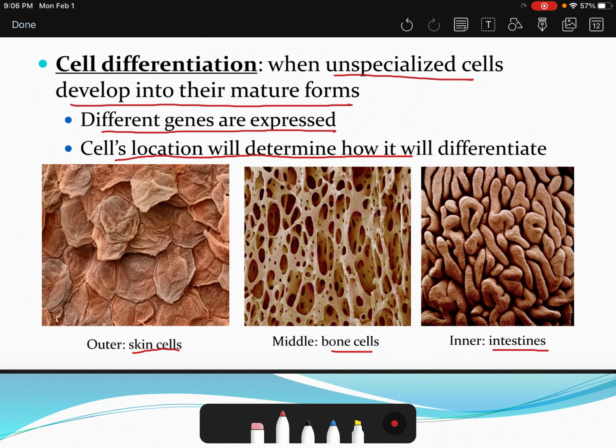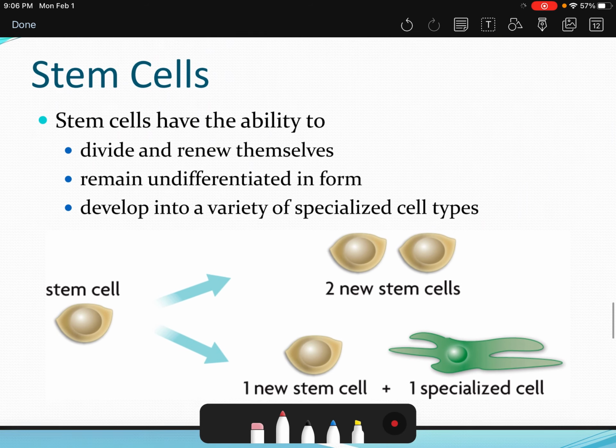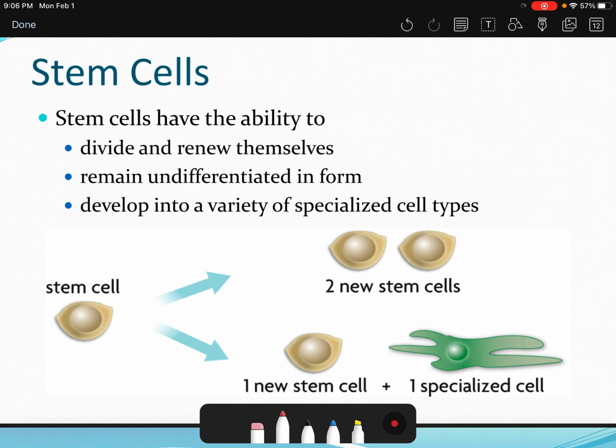So a cell's location will determine how it will differentiate into a more specialized, mature form. And that process is cell differentiation. Well, how does this happen? Well, we have stem cells, and stem cells have the ability to divide and renew themselves. They can remain undifferentiated in form for a long time, or they can differentiate and develop into a variety of